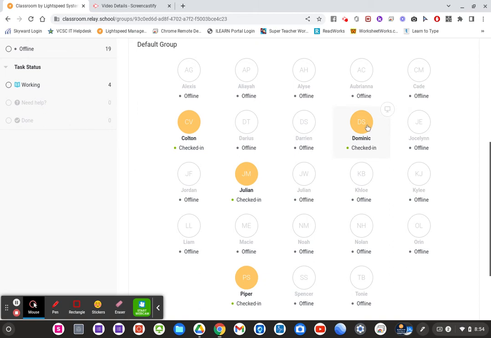If you hover over them, you don't have to click anything. This little monitor icon appears in the top right corner. If we click on that, it will change that initials logo to a small thumbnail version of what's on their screen. And then if you do that for the others,